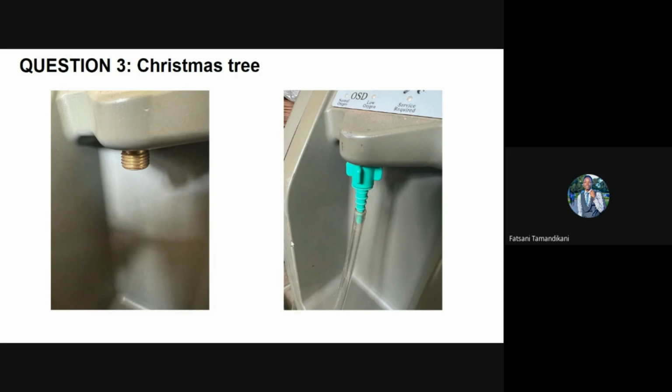In the graphic there, you see a Christmas tree. Why is it called a Christmas tree? Because it basically looks like a Christmas tree. The Christmas tree has a broad base with threads and is screwed onto the concentrator patient outlet fitting to enable the use of oxygen delivery accessories. Sometimes, to prevent leakage from the Christmas tree, you can apply thread tape on the fitting.